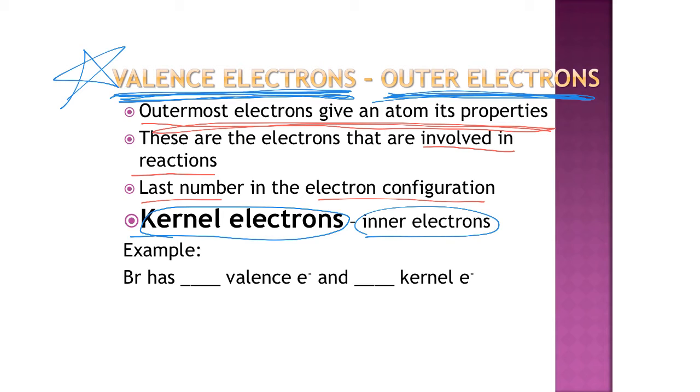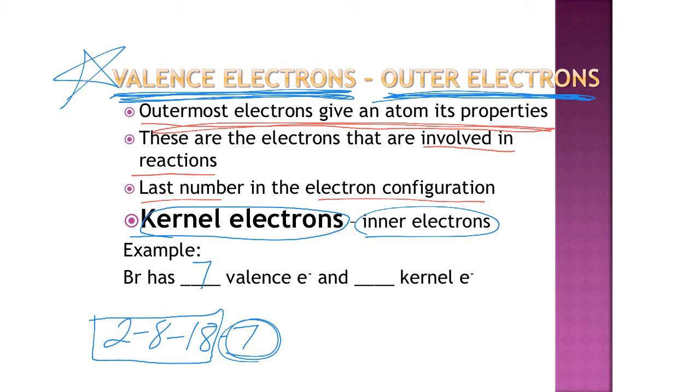So valence is the last number, everything else is a kernel electron. For example, if we take a look at bromine, bromine's electron configuration is 2, 8, 18, 7. So 7 valence electrons, because the last number is 7. And then everything else would be kernel, so that would be 28 kernel electrons. So the kernel electrons basically give an atom some bulk, but the valence electrons are the ones that really determine